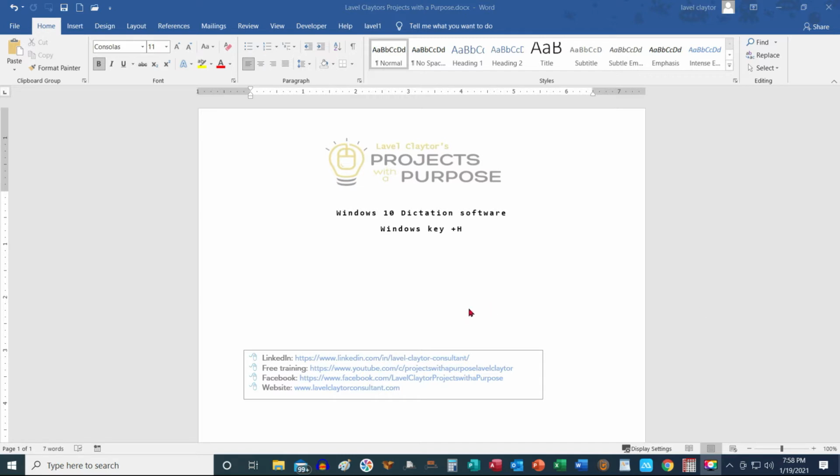On my screen, I have Microsoft Word open. I'm going to click on the document that I would like to have the software type what I'm saying. I'm going to go to my keyboard. I'm going to find the Windows key and the H. I'm going to hold down the Windows key and tap H, and if you look at the very top of